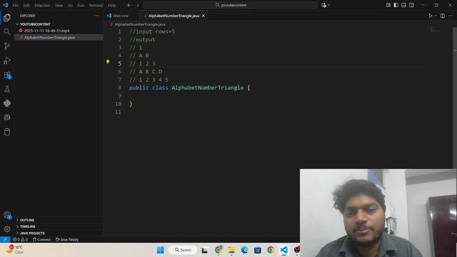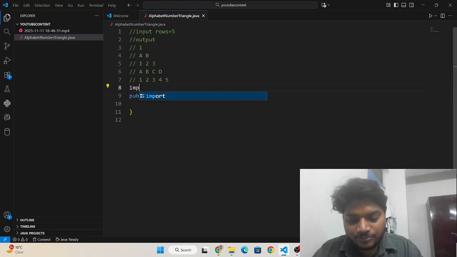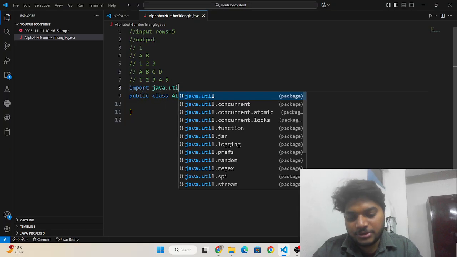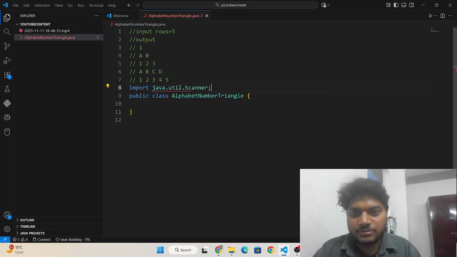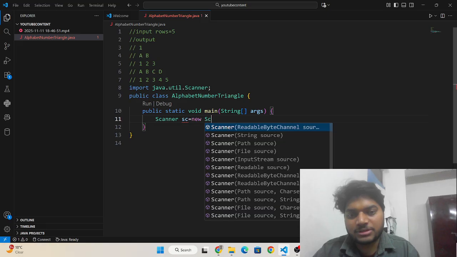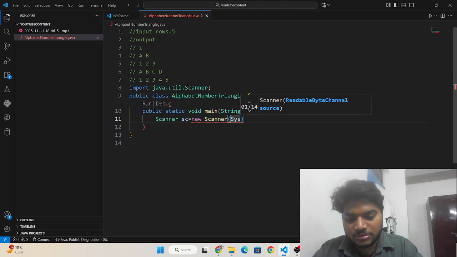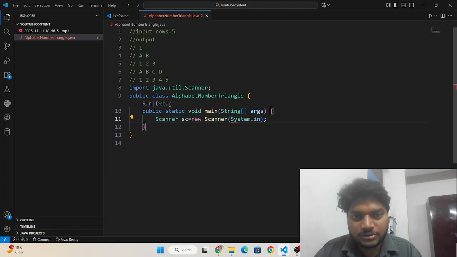I need to take user input, so I'm going to import the Scanner class. I need to write import java.util.Scanner. Then public static void main, and then an object for the Scanner class: Scanner sc = new Scanner(System.in).